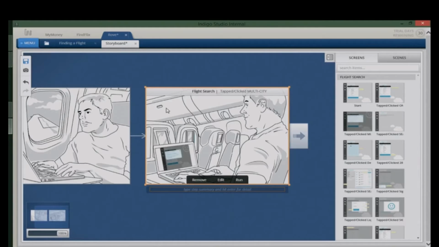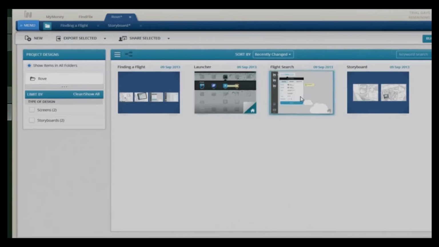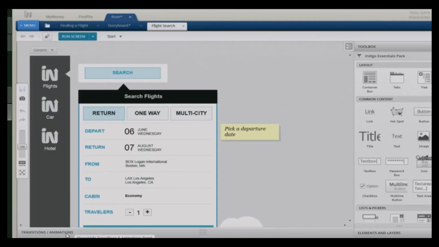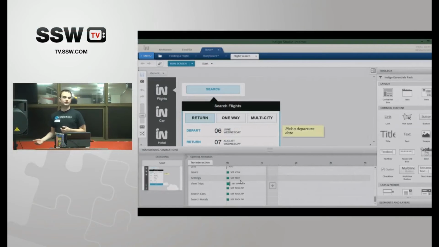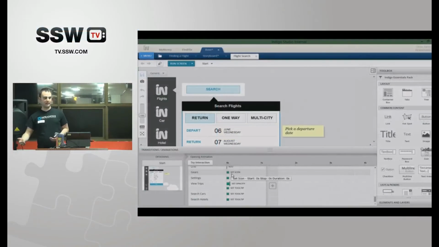Oh, sorry. What I will show is those animations. So if I go back to here, open up this screen, I click on transitions and animations, we can see we've got timelines down here. So anyone that's done any sort of keyframe animations, this is how it works. For each item, it will say at this keyframe, change it from whatever state this control is in, change it to another state. So that could be visibility,